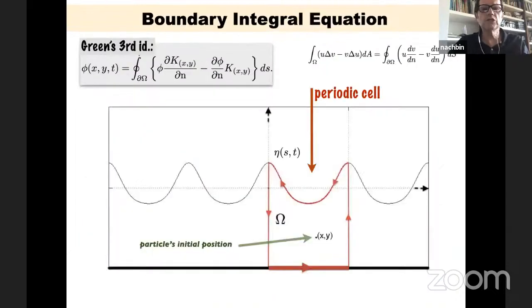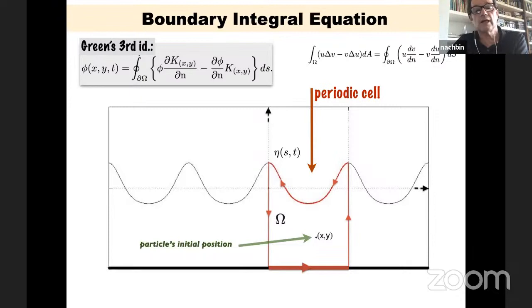Okay, so how do we do it for the rotational case? There was an idea already in the back of my mind, something I learned some years before that was perfect for this problem. In this case, we did the boundary integral formulation, and now we're going to use a slightly different one. It basically uses Green's third identity, where capital K is a Green's function. We have this periodic cell because we have a periodic traveling wave. In this case, we're not in the wave's moving frame. Later on, it will be of interest to be in the wave's moving frame.